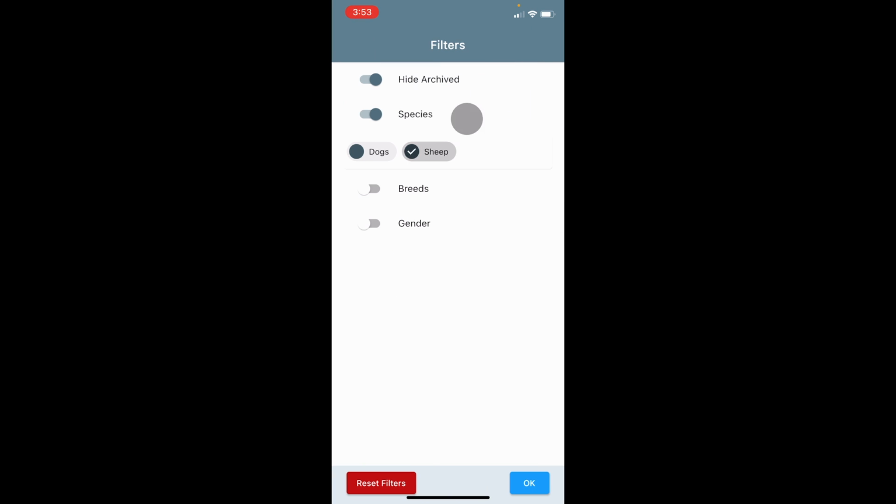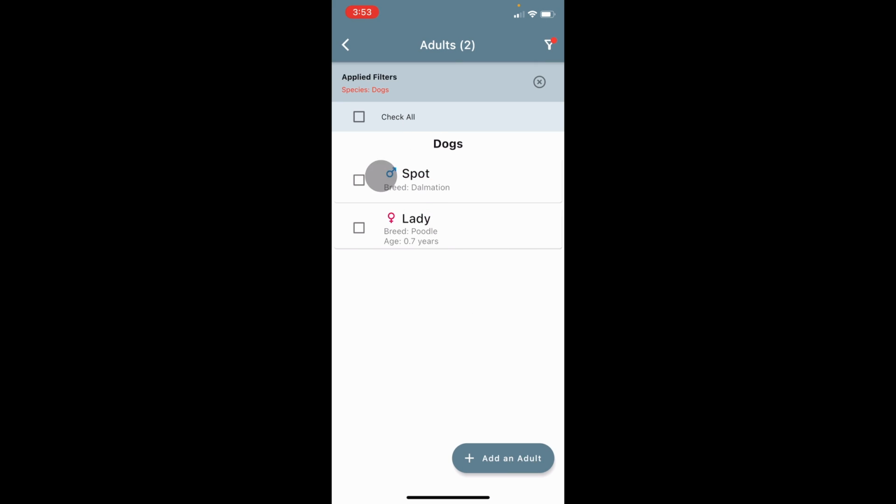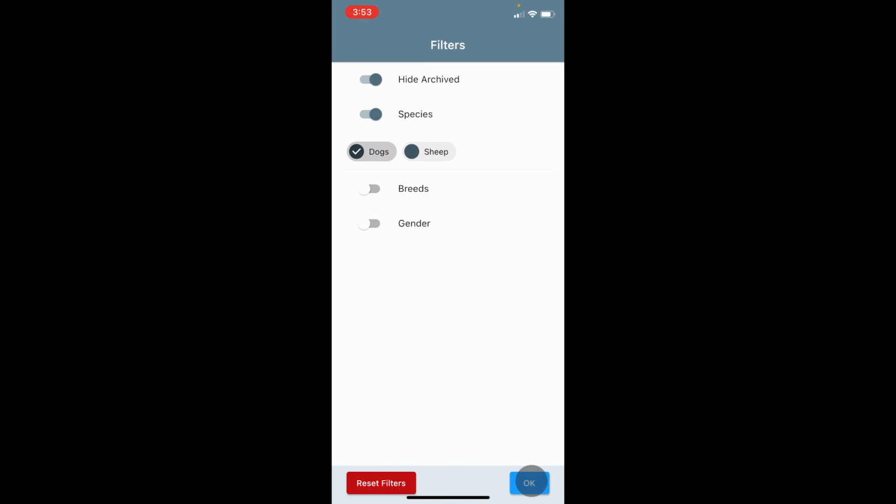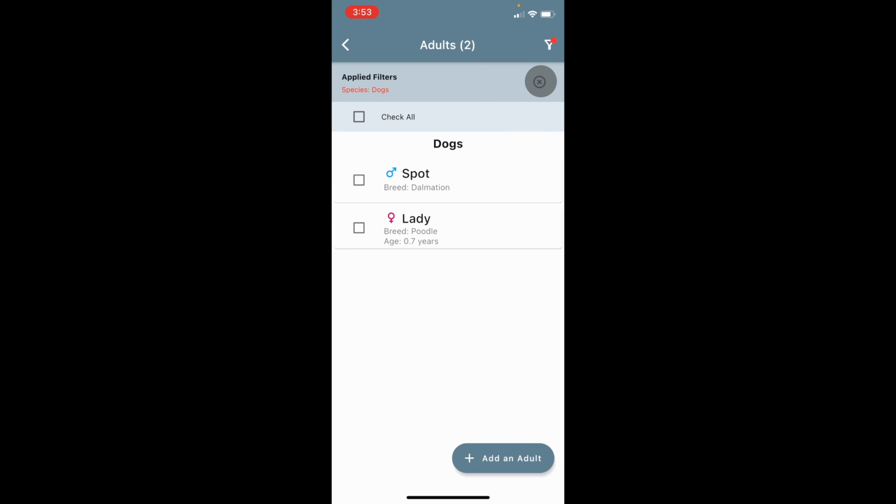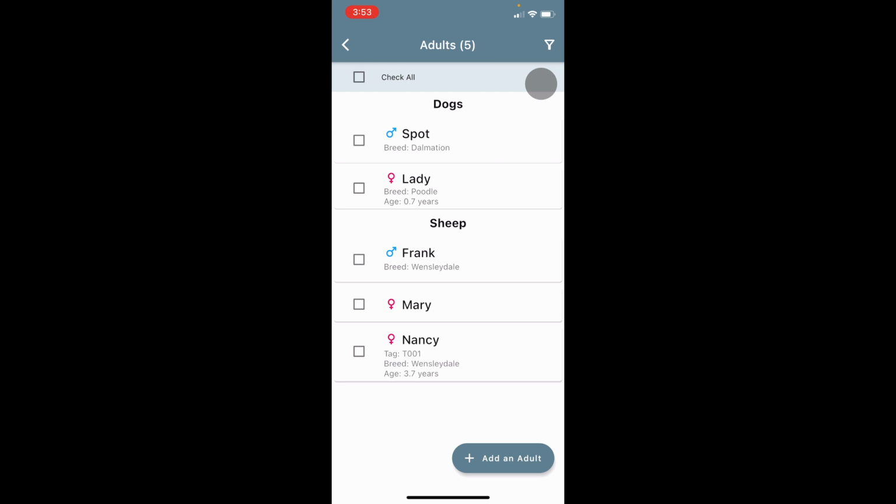Same thing if we want to see dogs. Say no sheep, just dogs. Okay. Boom, there's just the dogs. We can come up here and click reset, or same thing, just click this X to get rid of these applied filters, and now we're back to no filters at all. Check all is a box. We can check all these boxes, or just say